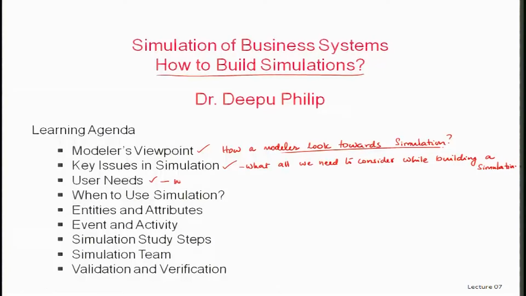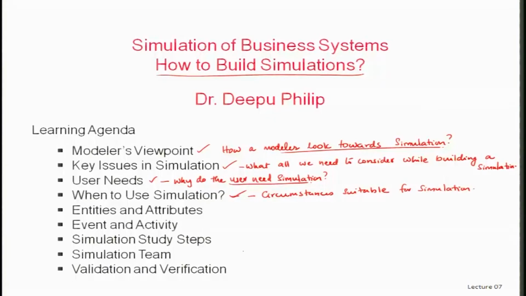Why does the user need simulation? What are the user needs we can satisfy using simulation? And then when to use simulation, the circumstances suitable for simulation. When do we use it? That aspect.